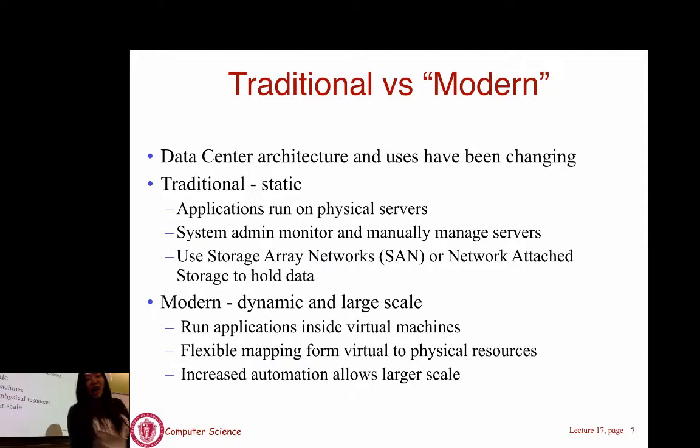And the large scale comes from the automation employed in running the data centers. Think about if you had to manually manage tens of thousands of servers all by yourself as a system admin. It doesn't go anywhere. And the traditional one, as you can guess, is static and needs a lot of manual work.